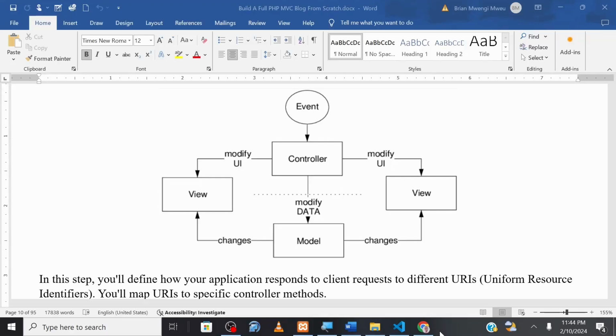Right, now in this video, we are going to look at routing and controllers. Controllers, as you can see, are used to modify data within a model, and they can also be used to modify the UI, that is the user interface within the view. So what we have essentially here is the controller, which can modify